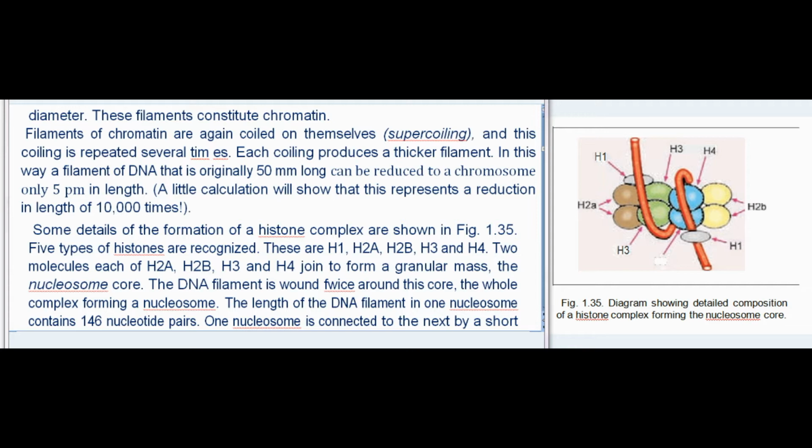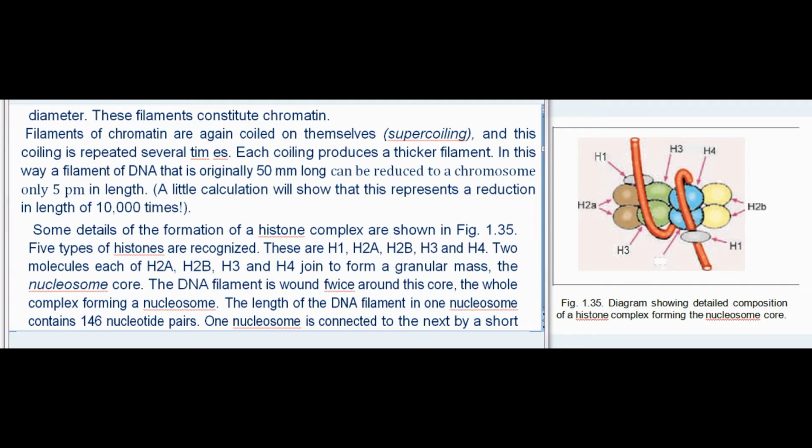In this way a filament of DNA that is originally 50 mm long can be reduced to a chromosome only 5 µm in length. A little calculation will show that this represents a reduction in length of 10,000 times. Some details of the formation of a histone complex are shown in Fig 1.35. 5 types of histones are recognized. These are H1, H2A, H2B, H3 and H4. Two molecules each of H2A, H2B, H3 and H4 join to form a granular mass, the nucleosome